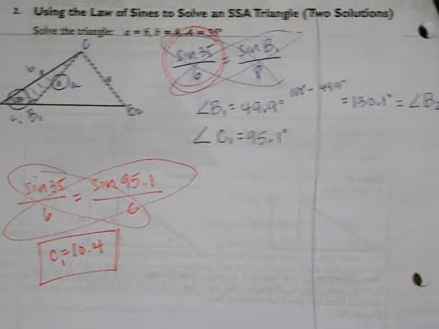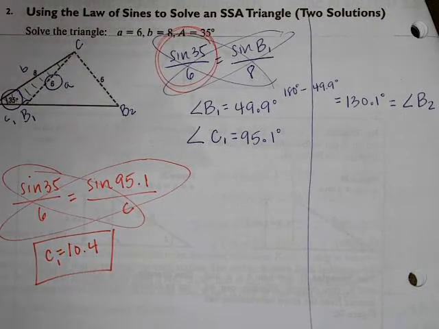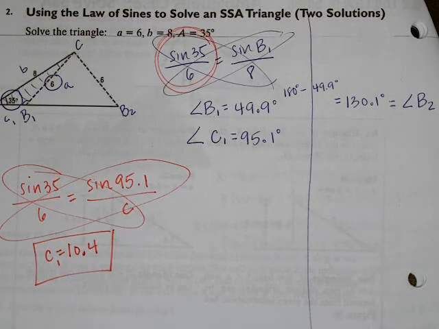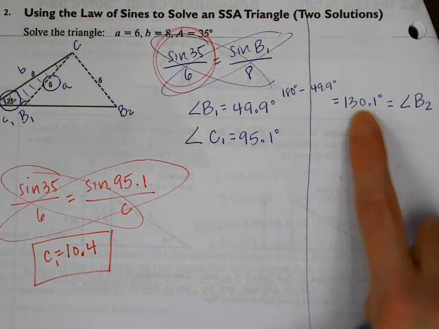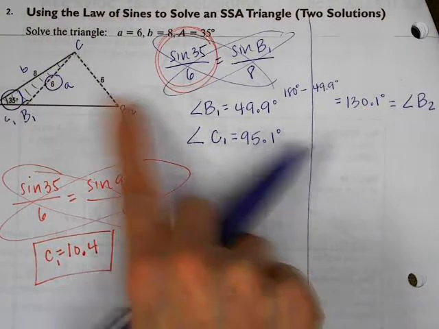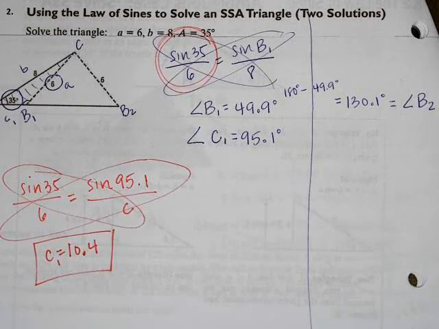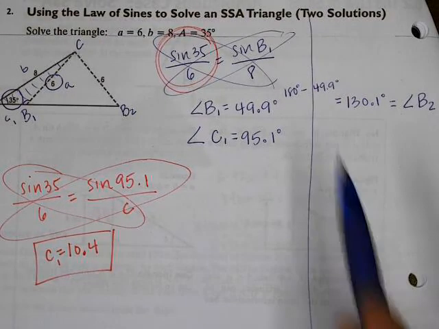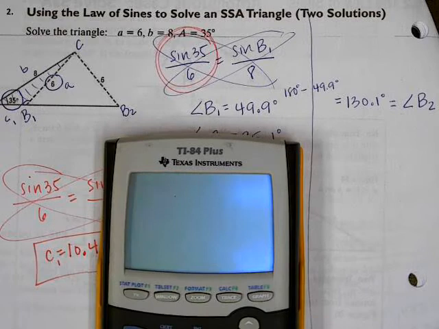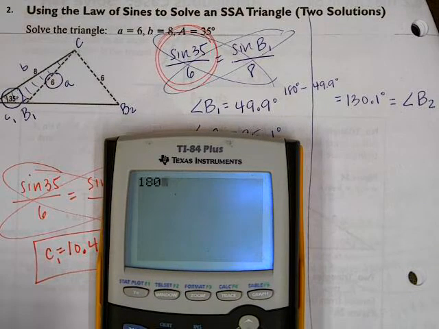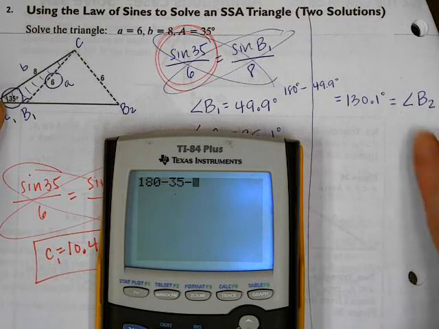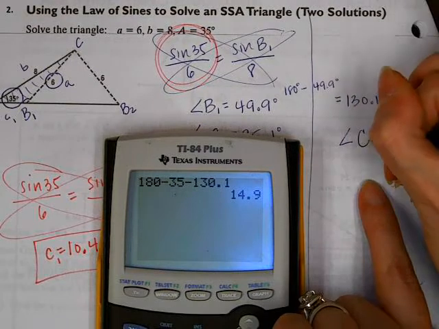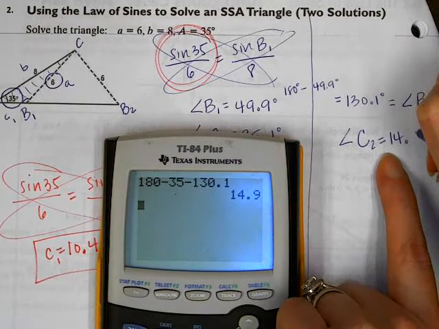Okay, cool. And now let's look into the second triangle. Okay, so if B2 is 130, and it looks like we have these in the wrong spot. This is really B1 and this is B2, but it doesn't matter because you're just finding them both anyways. Okay, so for B2, if the angle is 130, let's find angle C2. So it's going to be 180 minus the 35 minus the 130.1. So we're going to kind of do the same thing. In this one, angle C2 is 14.9